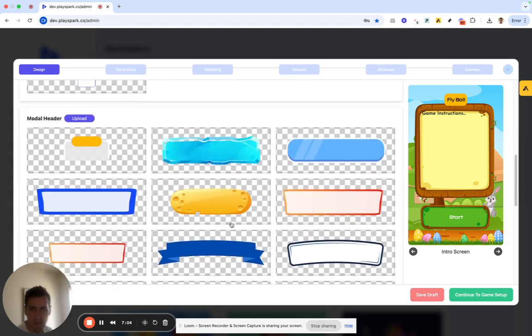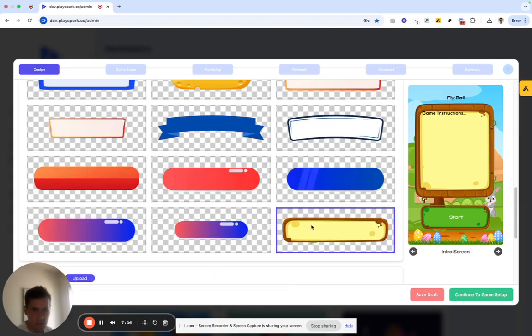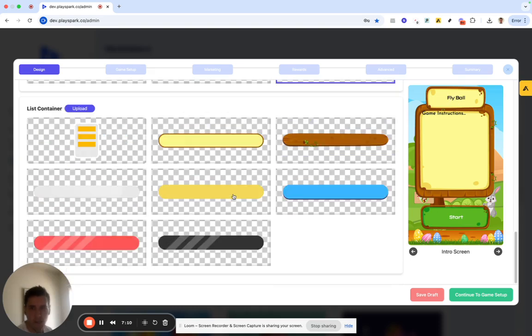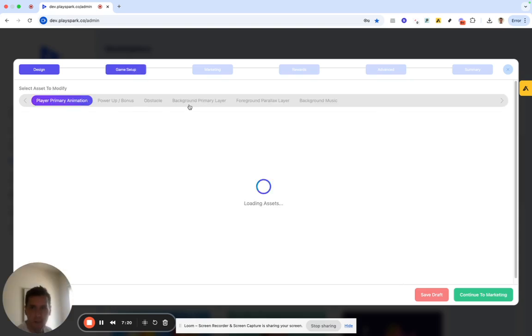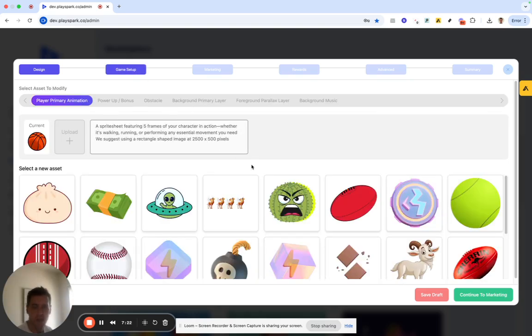This is just the header that sits at the top here. So again, just go through and change those. You've got your list container, which basically sits inside the modal. So once you've done that, designing the actual game and the modals and the menus,